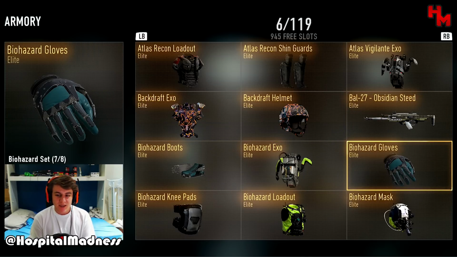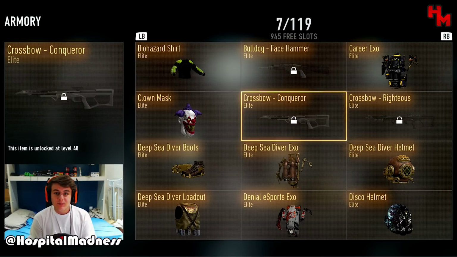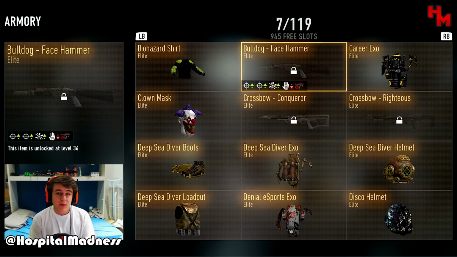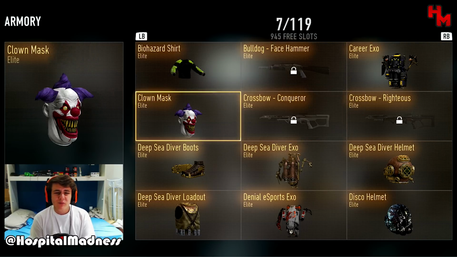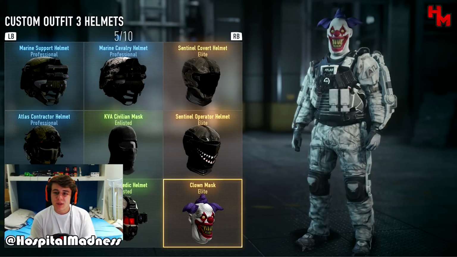We're only missing the pants out of the Biohazard loadout. In terms of shotguns, we have the Bulldogger, Face Timer. I don't have the other elite of the Bulldog, but from what I've heard, this is the better one. I could be wrong though. The Career Exo, the Clown Mask, which, just to be completely honest, like,